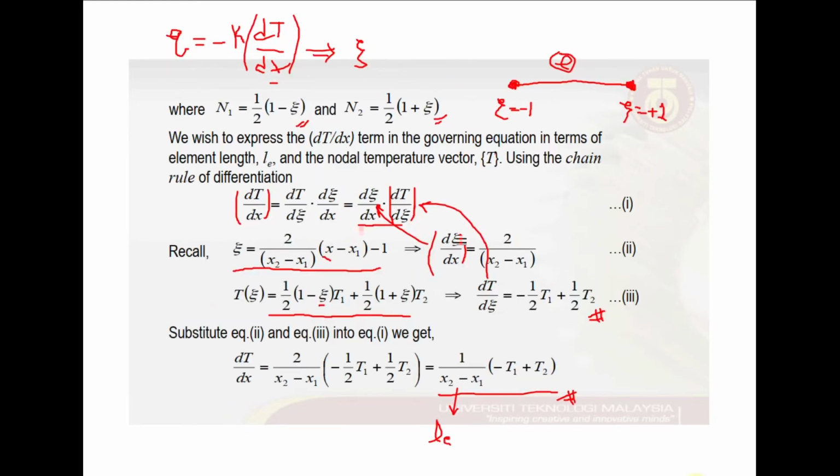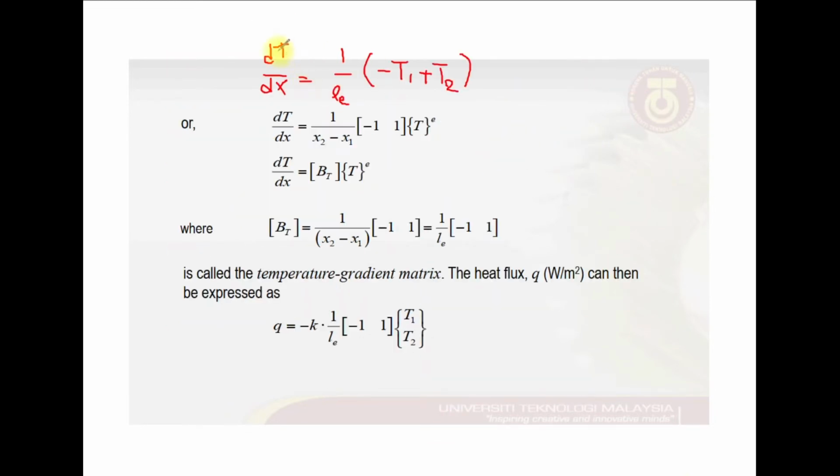So from the previous slide, we know that dT over dx is given by 1 over the length of the element multiplied by negative T1 plus T2,